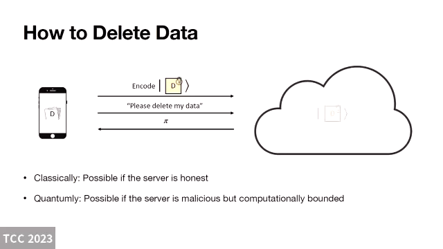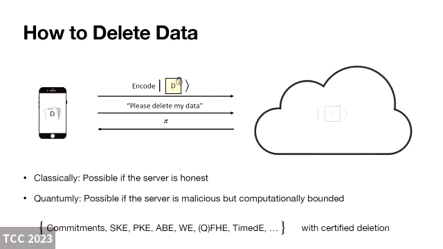But a slightly nuanced point is that even using quantum information, we always have to keep in mind that there must be some information about the data which is not known to the server. Otherwise it's clearly impossible. One way to enforce that is to consider a server which is computationally bounded, which is QPT. And this motivates us and other people to look into many cryptographic primitives with certified deletion.